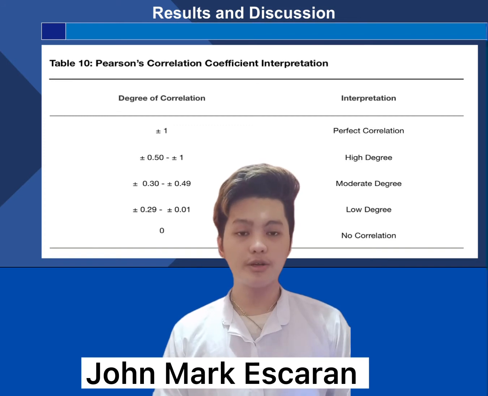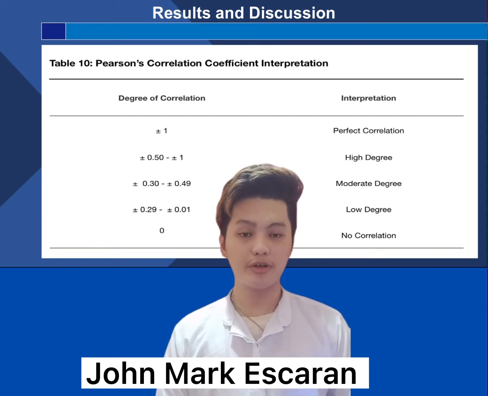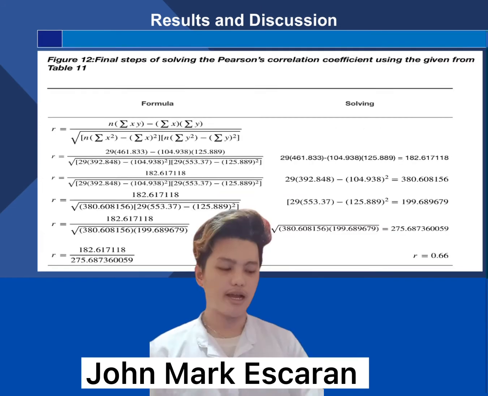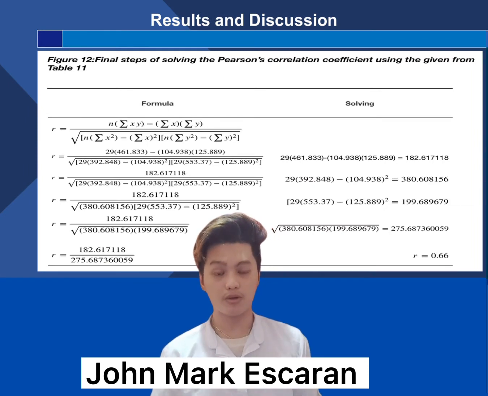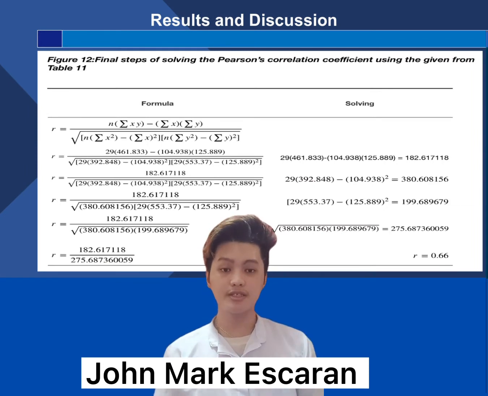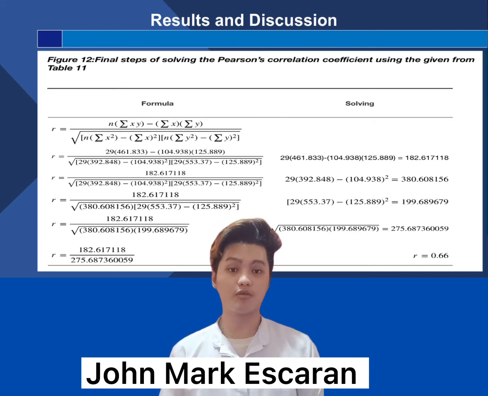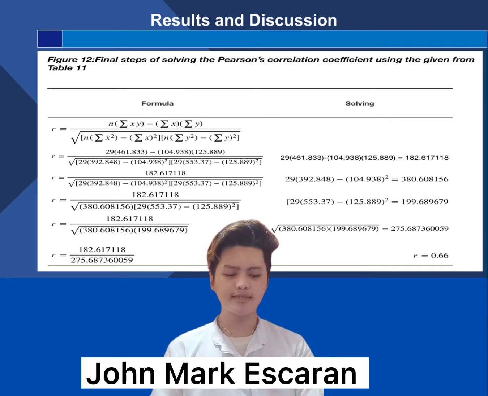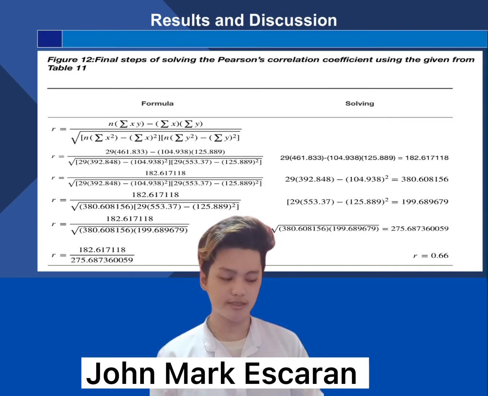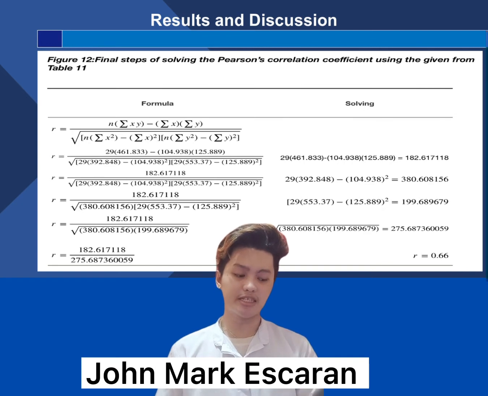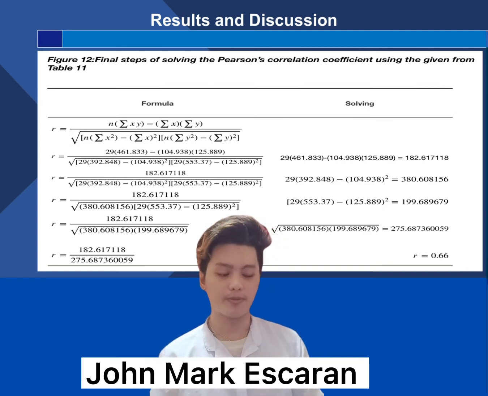We use the interpretation to determine the degree of relationship between the two variables. To solve the given that came out from our raw data, we will be using this given in our formula of Pearson's correlation coefficient. By following these steps, the final answer was r = 0.66. As the answer of r is 0.66, by using the interpretation, it lies between 0.55 to 1, which shows